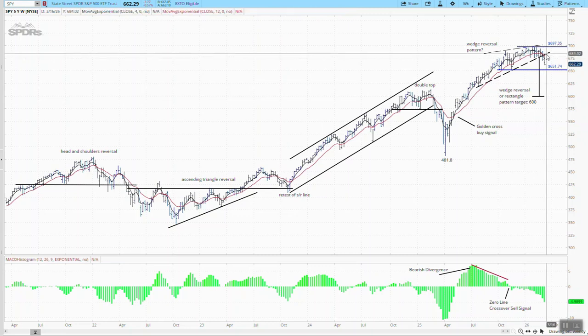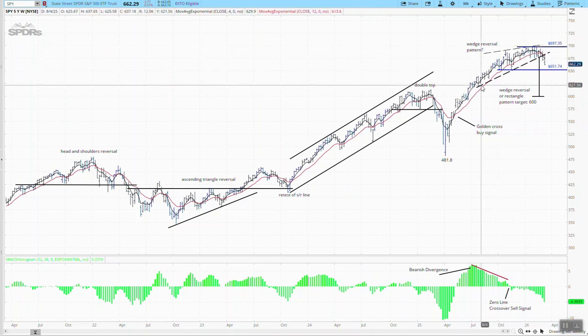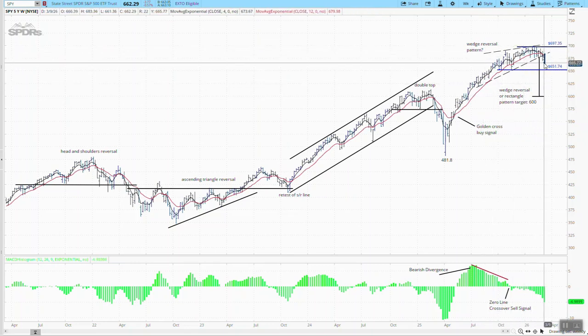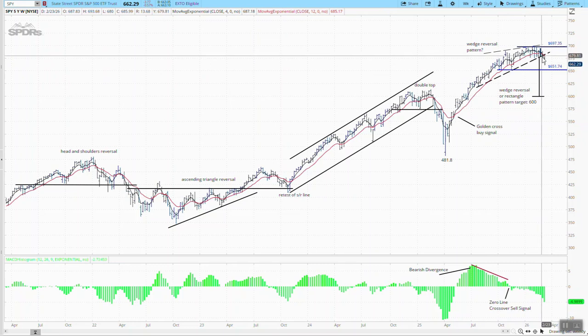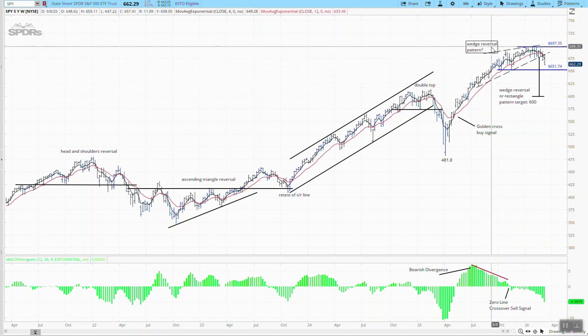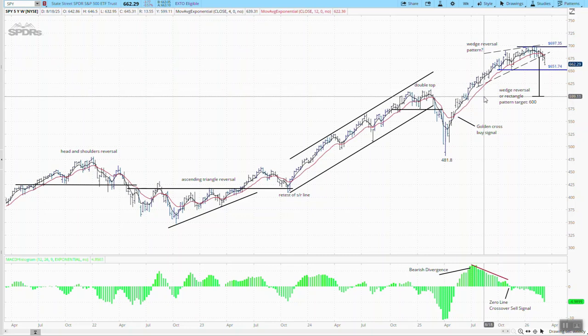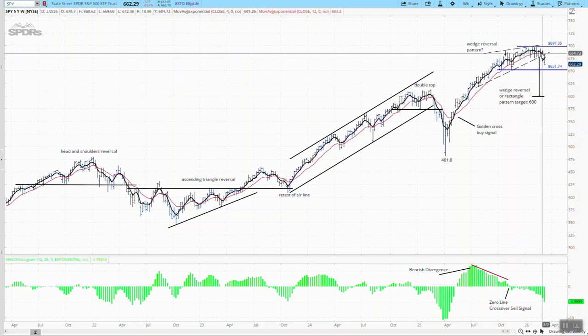Recently, we had a completion of a bit of an ambiguous pattern, but this could be looked at as a wedge reversal, bearish wedge reversal pattern. That's what this is. Then the pattern target would be down at 600. Another way to look at this is with these blue support and resistance lines is just simply a rectangle pattern. Now that wouldn't complete until we break the bottom of this rectangle, but both patterns actually have the same target of about 600. What we do know is that we had this moving average crossover in the last couple months,